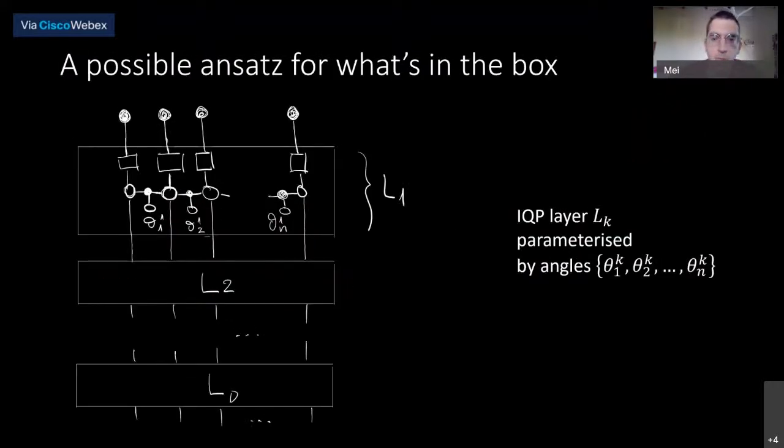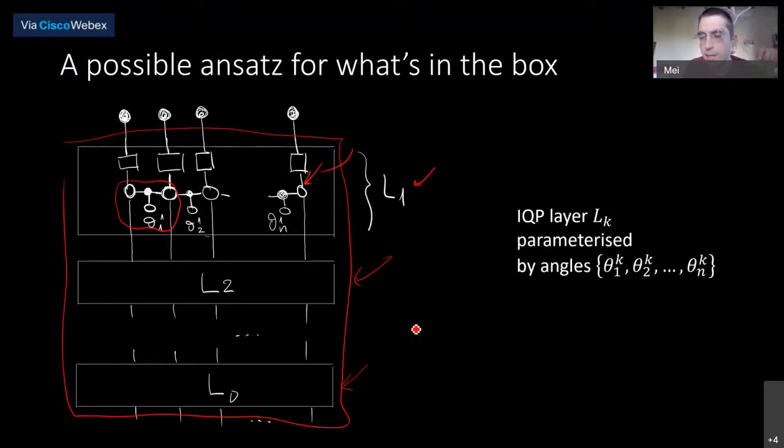So what is in that parameterized box that I showed you before? Well, let's pick an ansatz for it, as we do in quantum machine learning style. So here I am showing you an example of IQP ansatz. It's called instantaneous quantum polynomial. Basically, it means that I have a bunch of Hadamards here, turning the zeros into a bunch of plus states, right? And all of these plus states then go through these controlled Z phases. So this thing is a controlled Z rotation. Because all of these are controlled Zs, it's a big diagonal transformation with a bunch of thetas on the diagonal. So these thetas are parameterizing the first layer, and each layer is parameterized by its own set of thetas, and then this whole thing is my preparation for a word